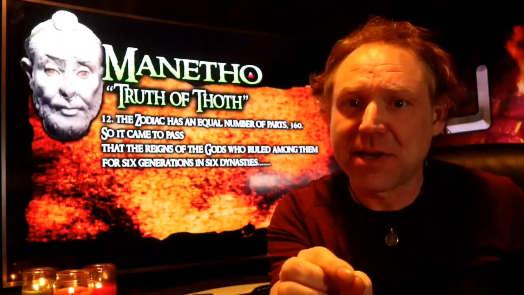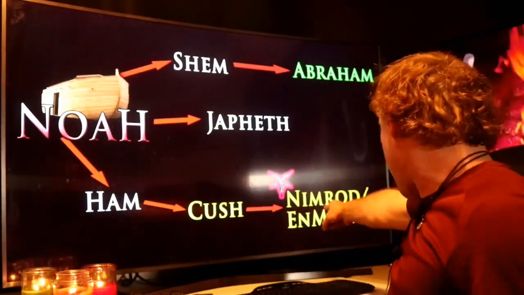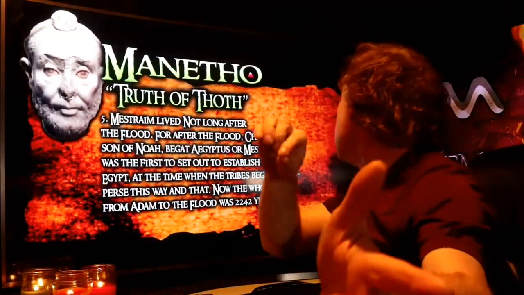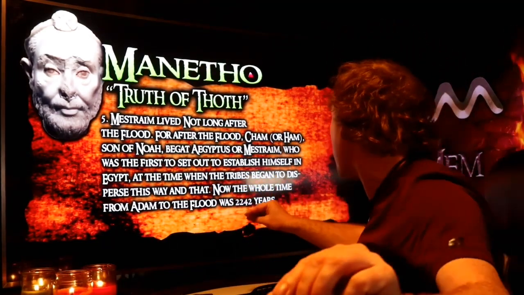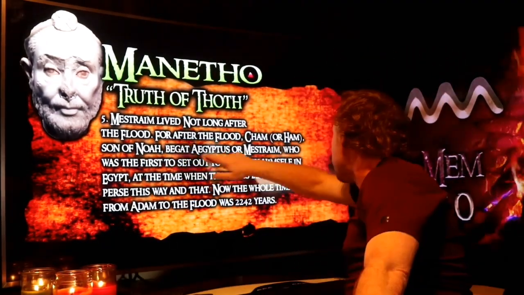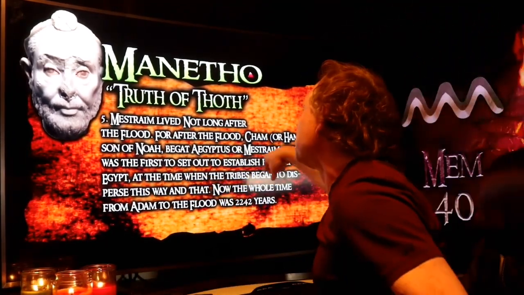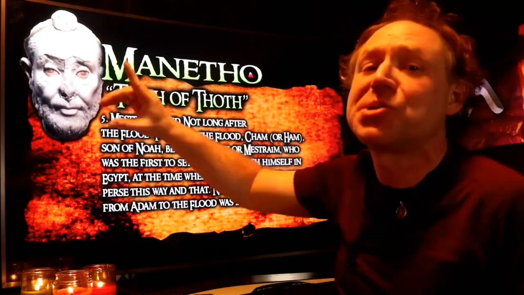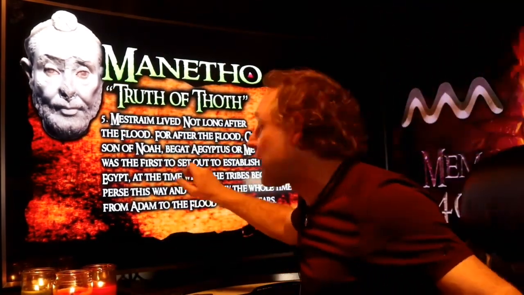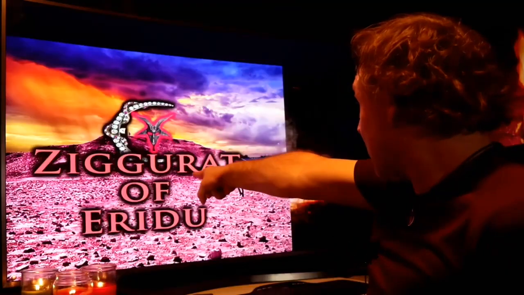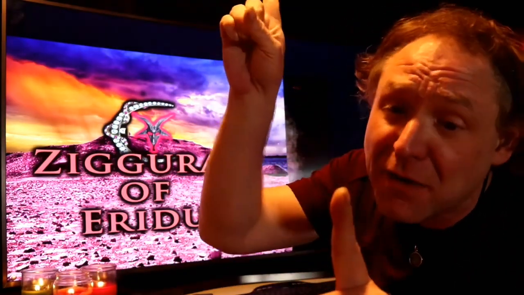What Manetho is actually copying here comes from the perspective of Nimrod, right over here through Cush and up through Shem, or he means Ham. That's who Nimrod came through, or Enmerkar, the son of Noah, begat Egyptus or Mizraim, who was the first to set out to establish himself in Egypt. And Manetho is writing you in his document exactly what he's starting with right here, a history of Egypt that comes through Ham, the cursed son, through Nimrod, who built the tower, and also goes by the name of Nimrod,